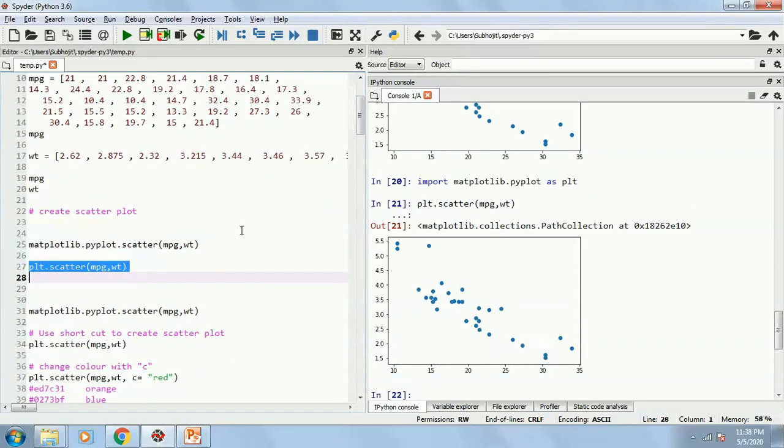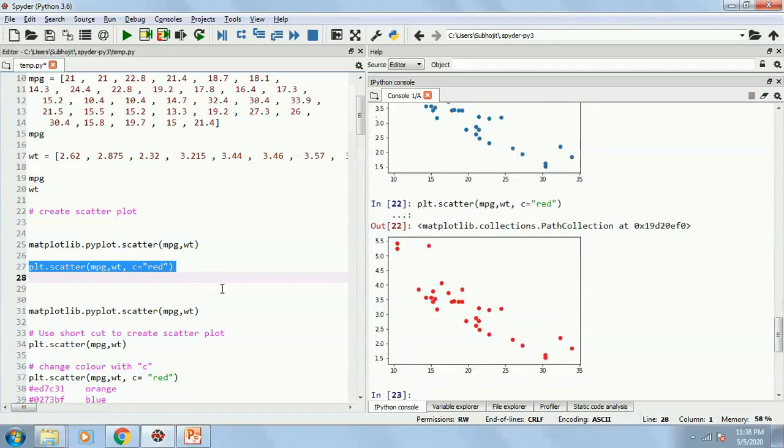Now if I want to change the color of these dots, what you can do is just put a comma and write c equals, c is the short form of color. You can add any color, maybe red, and execute it. It has become red. You can use any color, maybe green.